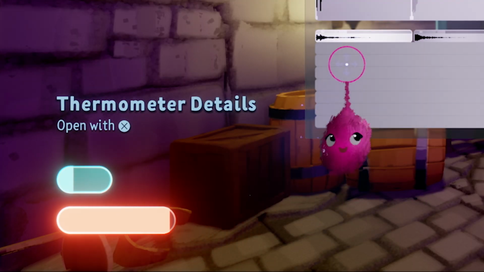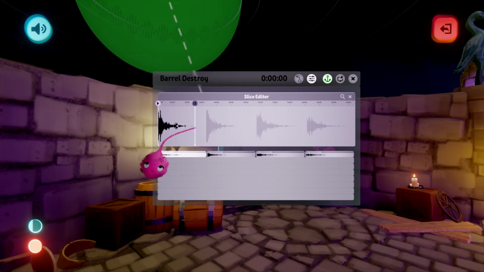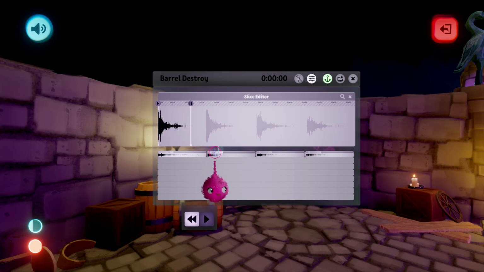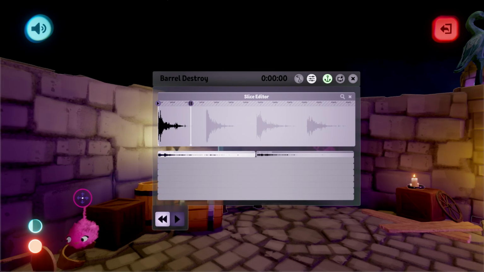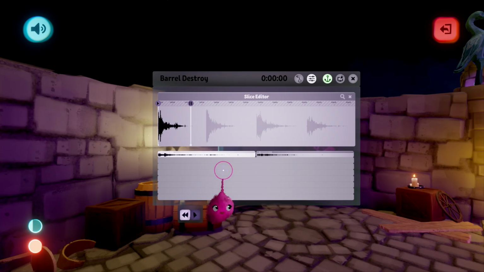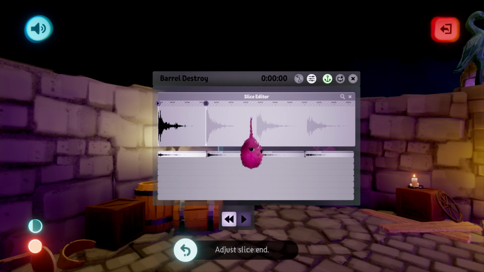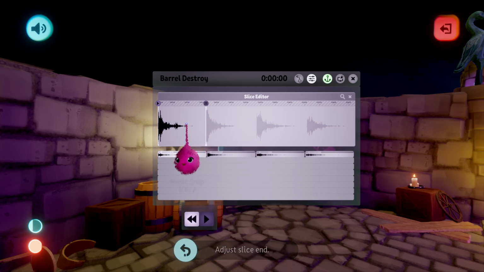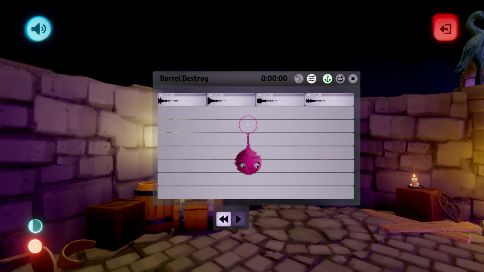If we edit the length of the slices or delete some of them, it makes no difference to the audio thermometer, as the whole sample is what counts towards the audio cost of the scene. This is a very economical way of using samples, and the sounds you find in the Media Molecule collections tend to be made this way.